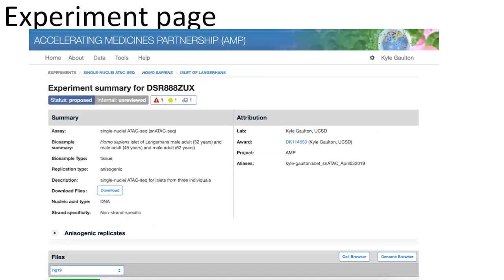So this is the experiment metadata page. You have all the metadata that was previously mentioned associated with an assay, along with the attributions of where the data set was generated, and then the biosample information, replicates associated with the assay, raw and processed files